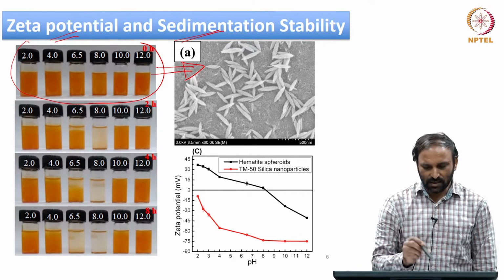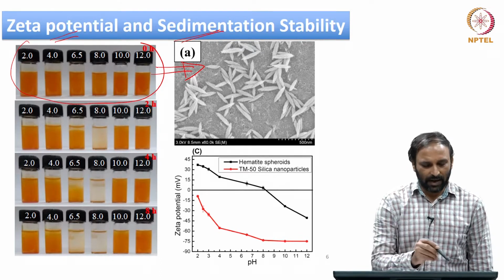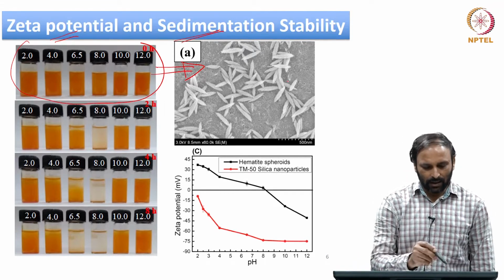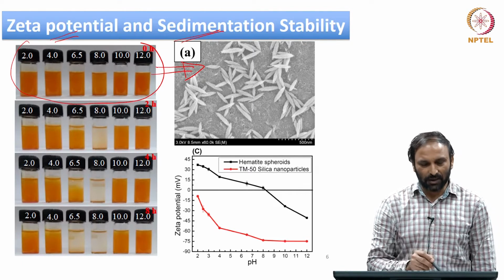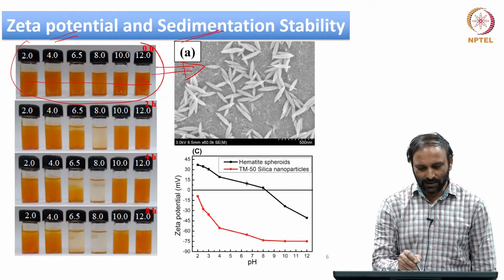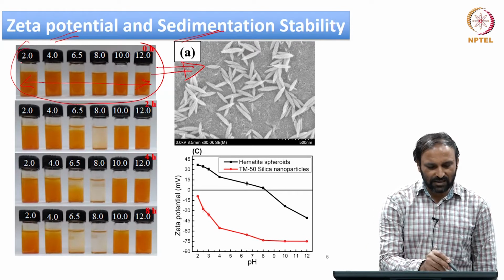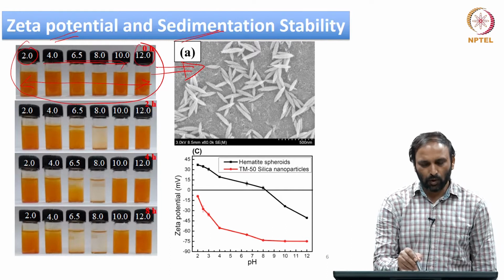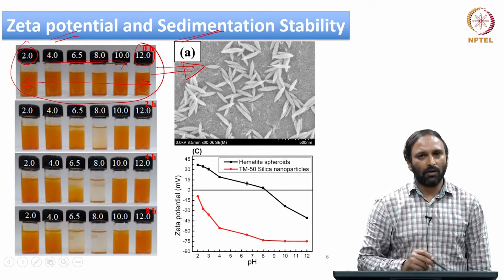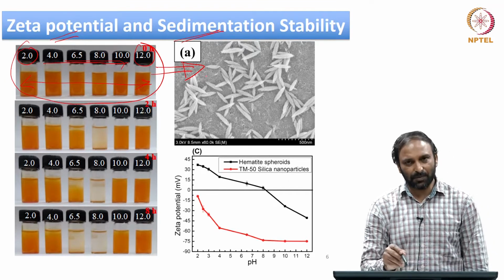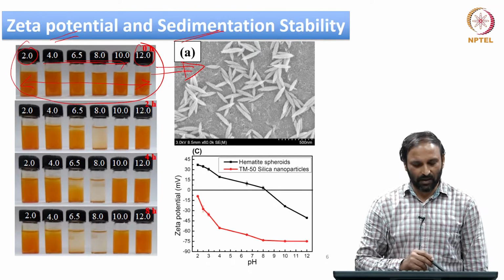This dispersion has been prepared at a certain particle concentration, and the concentration of particles in all the vials is exactly the same. However, the dispersion pH is changed from 2.0 all the way up to 12. That means, there are some dispersions which are acidic in nature, and some which are basic in